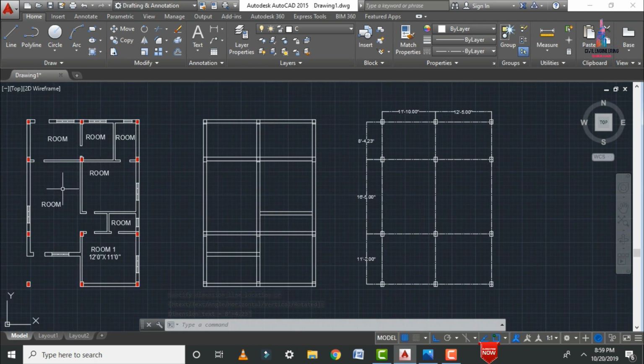Okay, so this is the floor plan, this is the beam layout diagram, and this is the column layout diagram. The detailed videos are already explained in my channel. You can check those respective videos on the above card link. I will provide those videos in the below description and above card link for this respective video. So this is the complete process of 2D commands and how to draw the floor plan, the beam layout diagram, and the column layout diagram by using AutoCAD software.